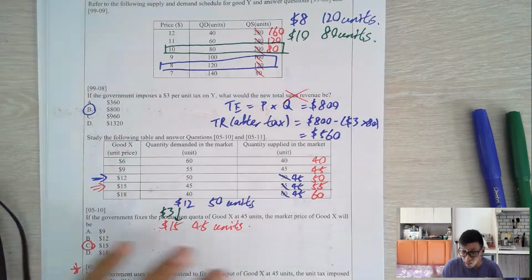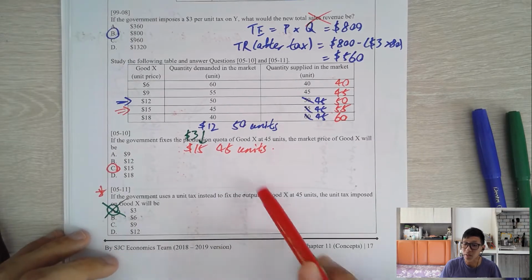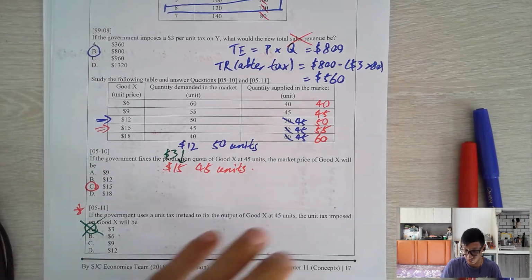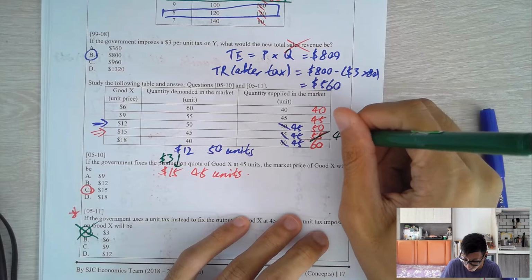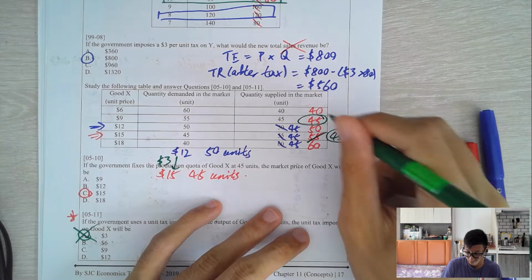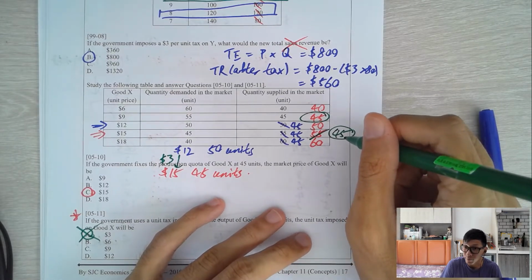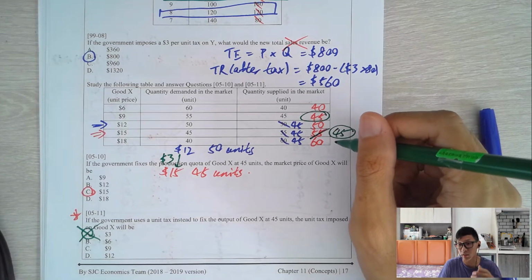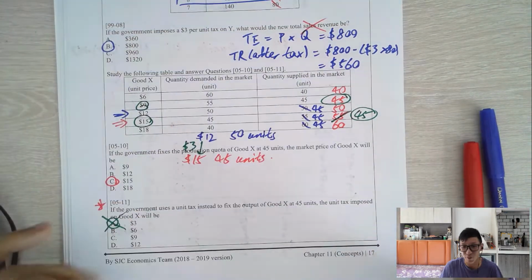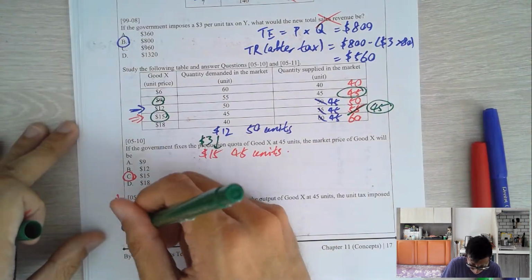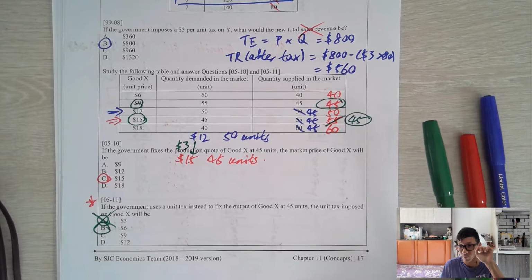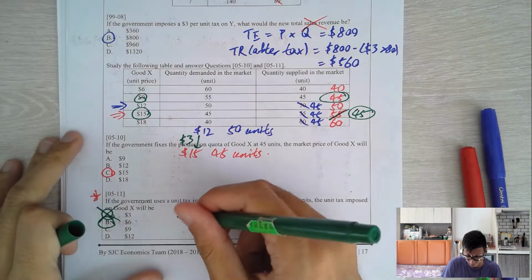And 60. We need the same effect, meaning somehow we need to use a tax to make sure this becomes 45. Let's see, from 45 it changes into here. How much tax do you need? Okay, in fact, it's going from $9 to $15. All you need is $6 of tax. So in this case, you will see,